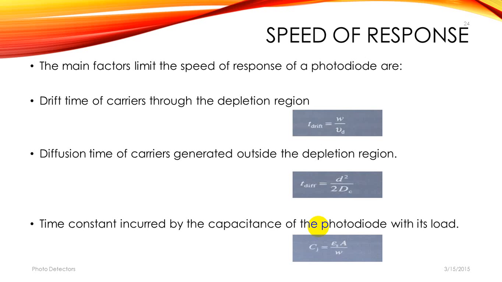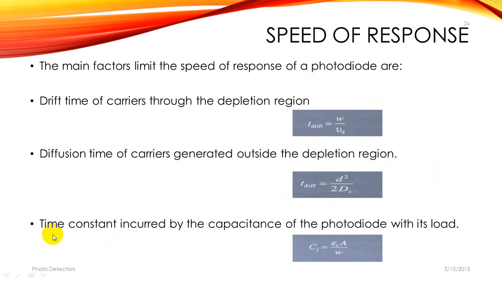The longest transit time T drift is for carriers which must traverse the full depletion layer width W and is given by T drift equal to W by Vd. So this is the equation for the first. Now the second one is diffusion time of carriers generated outside the depletion region. Carrier diffusion is a comparatively slow process where the time taken t diffusion for carriers to diffuse a distance d may be written as t diffusion equal to d square divided by 2 Dc, where Dc is the minority carrier diffusion coefficient. This is for the second,